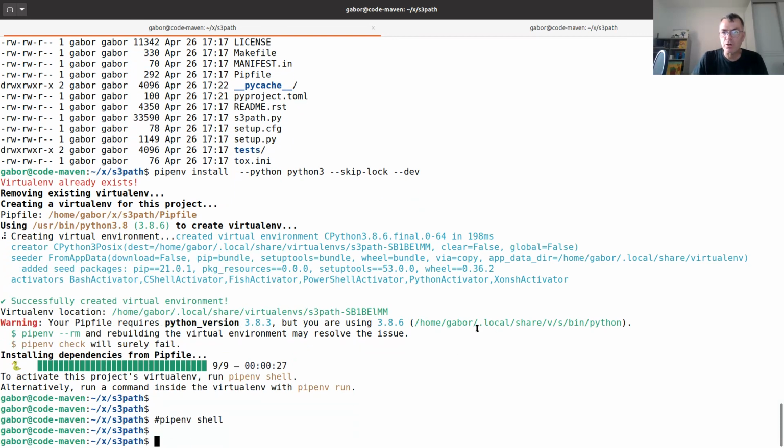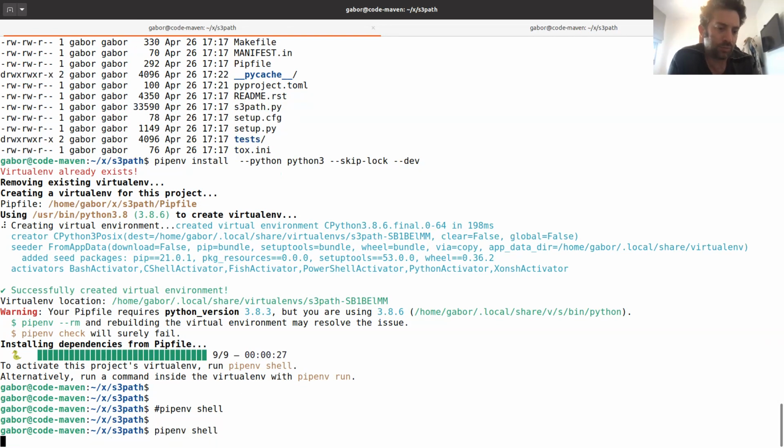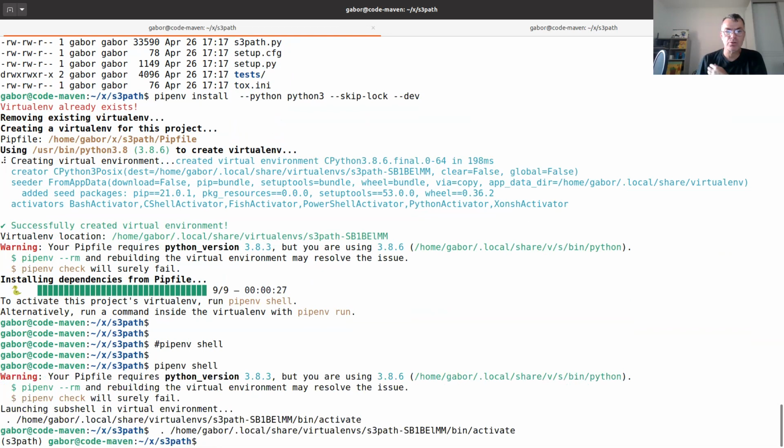Local share virtualenvs here. Again, pipenv is a wrapper between pip and virtualenv. So pipenv shell gets into the virtual environment. Boom, exactly. Now you can see that you are inside.